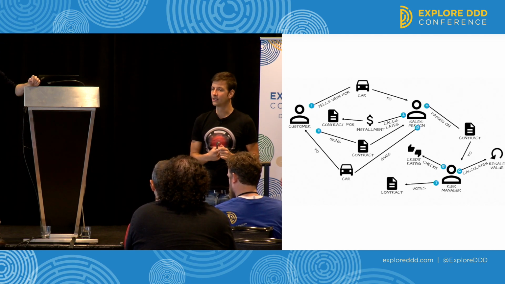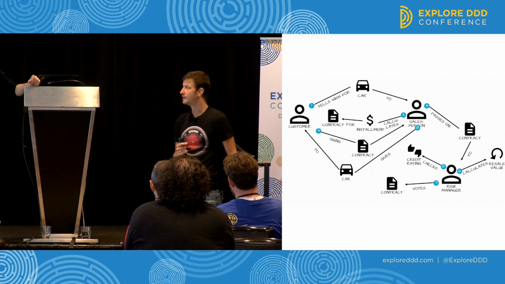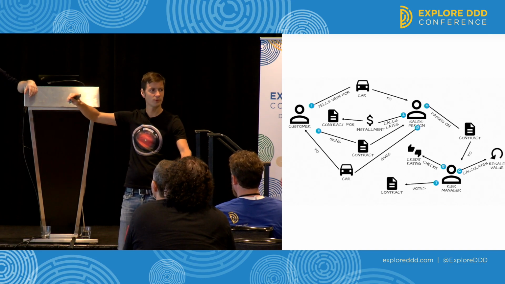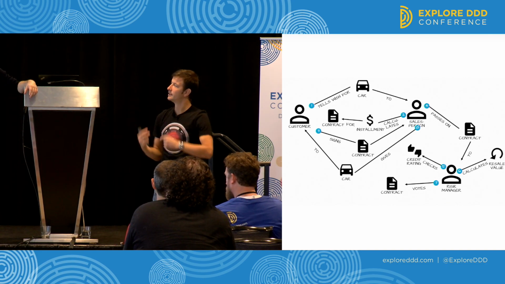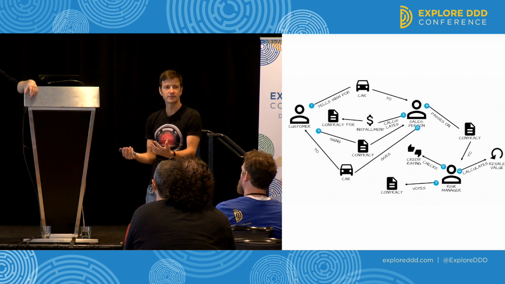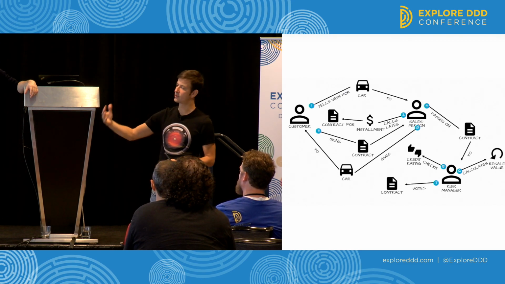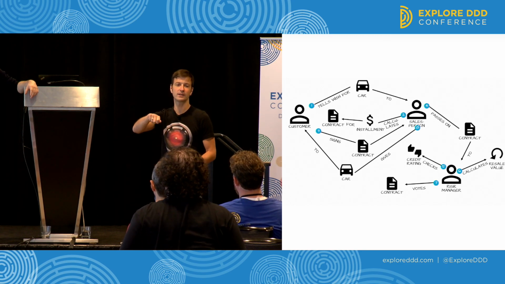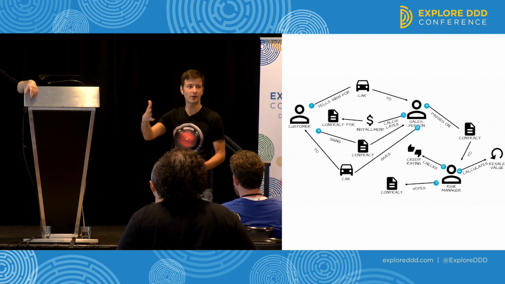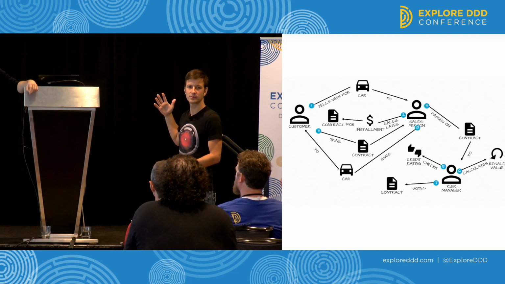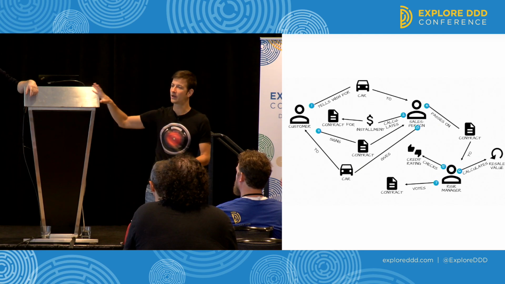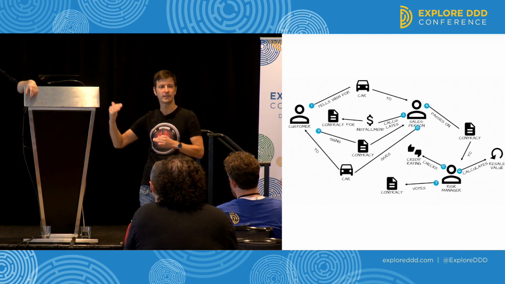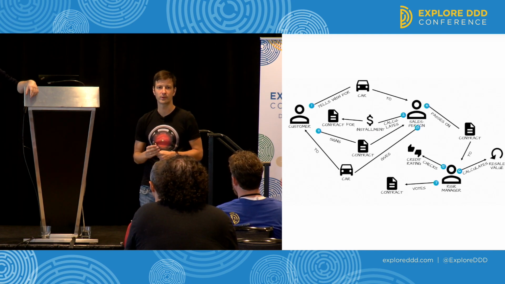And the second thing, where does it come from? In this case, I think it always comes from sales, because that's where a contract is created for the first time. So the salesperson, he or she creates the contract and then probably puts a contract number on it, which will be the identity of the contract through all the other bounded contexts as well. This is the case here. There are other cases where you can have more than one context where an entity or an aggregate can come from, and where the origin can be.